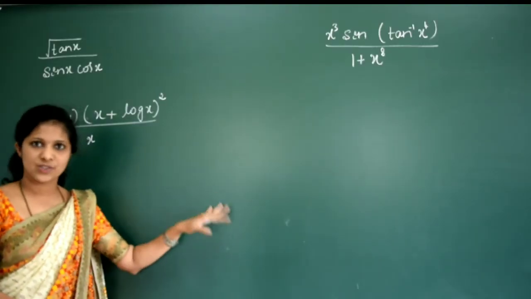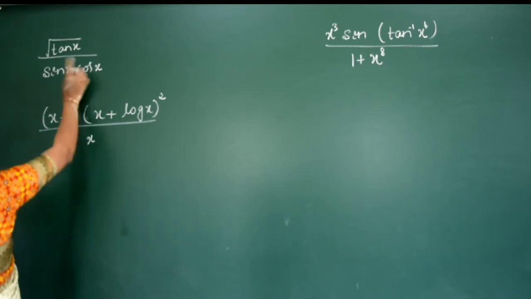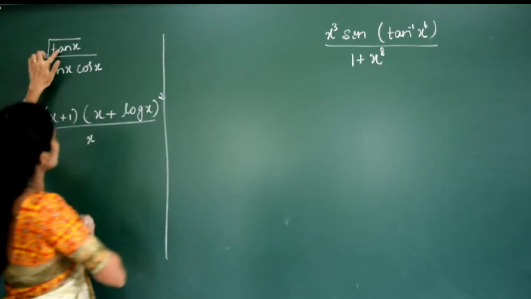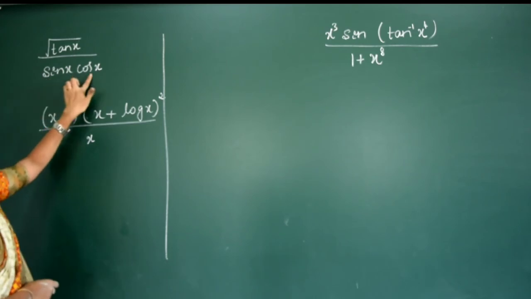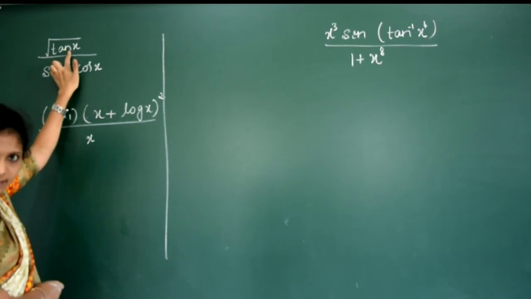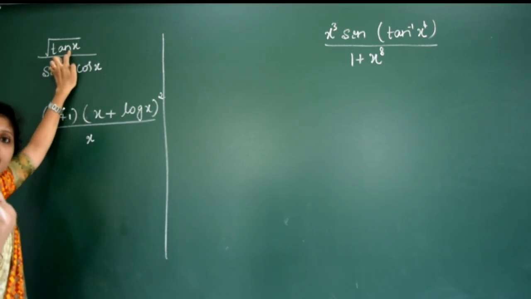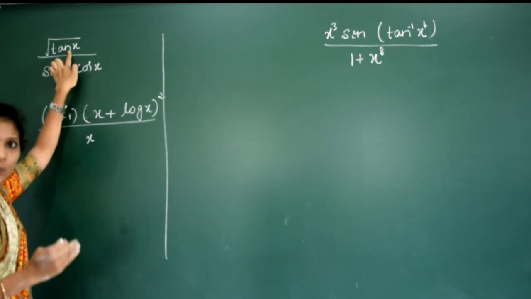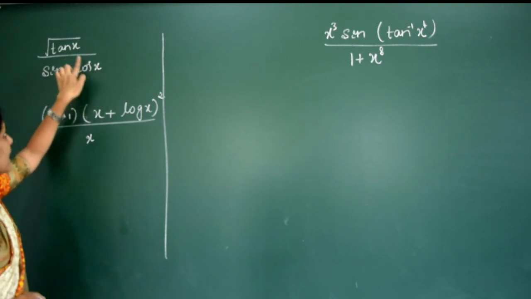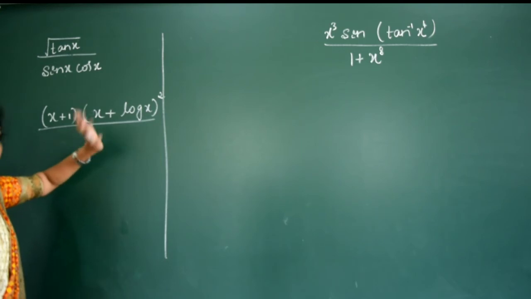Last problems of this session, okay, so that this exercise 7.2 will be complete. First we will see this one. See, here I write root of tan x divided by sin x into cos x. If I give the substitution for tan x is equal to t, okay, let us consider if we give the substitution for tan x is equal to t, we will get secant square x, right? But here secant function is not there, so direct substitution is not possible. Here also we need to simplify and remember this.